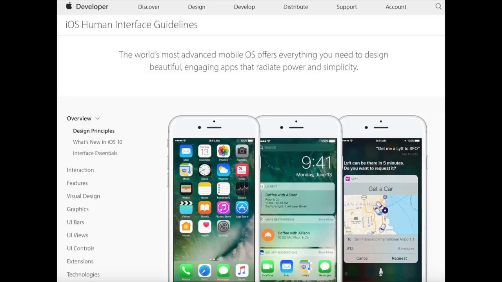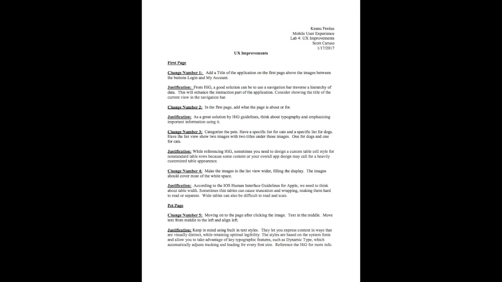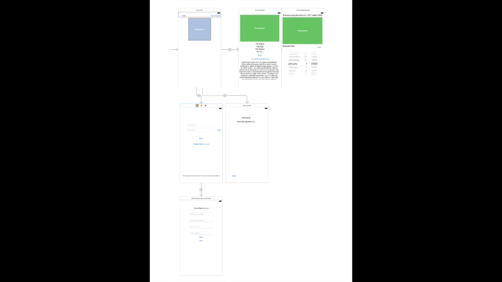One thing that I would recommend to the students that are coming in next month: during the user experience improvements, we were given an application and we had to actually go in and spot all the problems. I didn't remember to actually reference the HIG, the Human Interface Guidelines, and use that to find out what the issues were in the application.